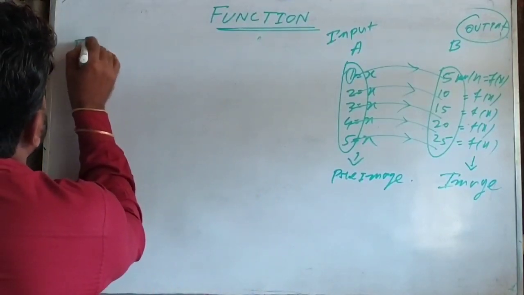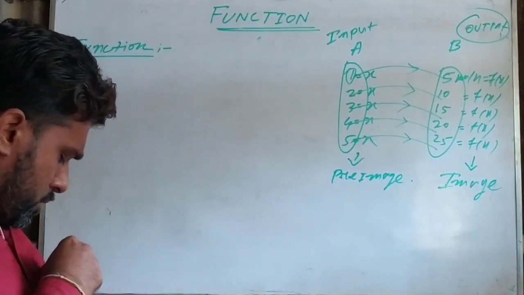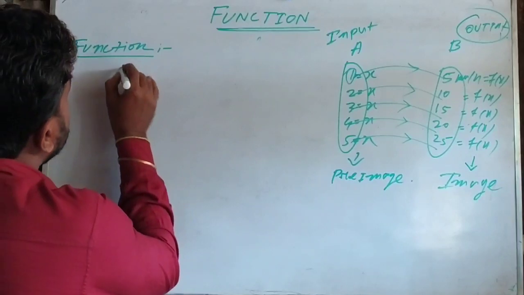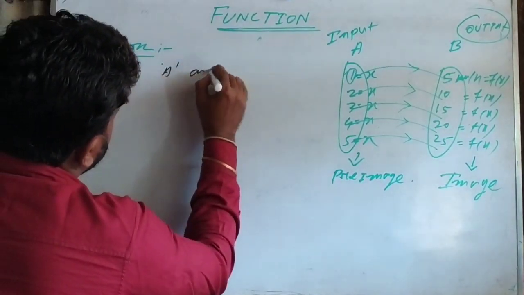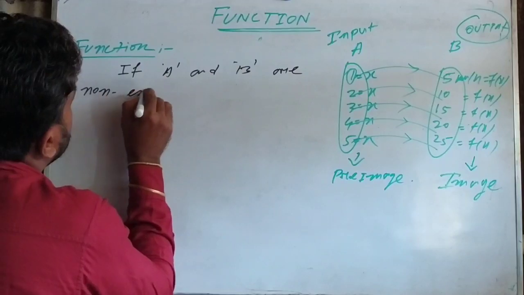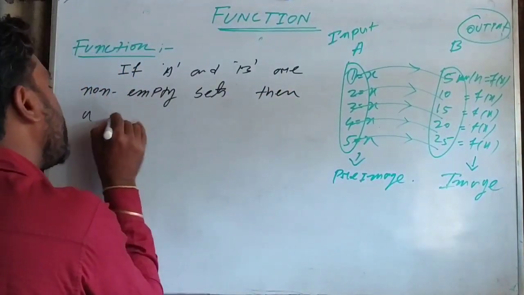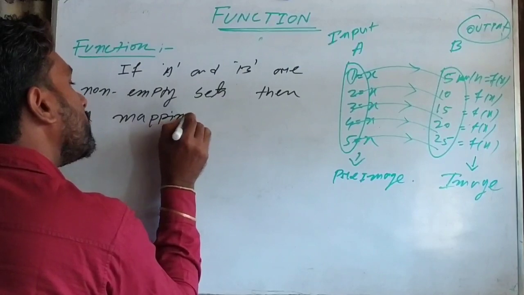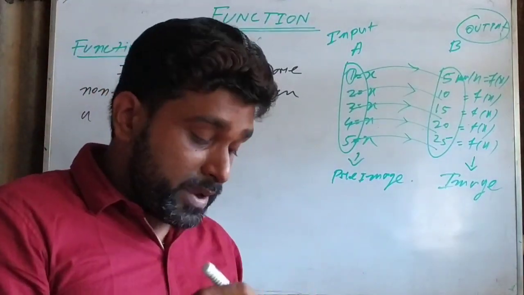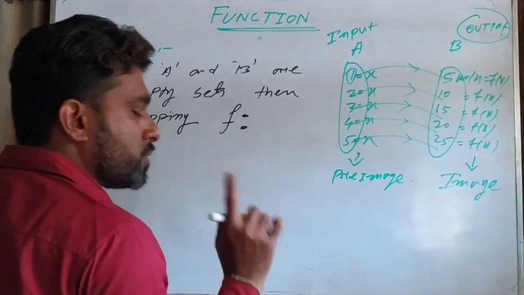यहाँ पर क्या होता है, फर्स्ट डेफिनेशन क्या होता है, पहले जान लेते हैं कि फंक्शन क्या होता है। फंक्शन, ओके, फंक्शन क्या होता है वो हम लोग लिख लेते हैं। ओके, फंक्शन। नाउ अब दो सेट तो चाहिए। If A and B are non-empty sets, then a mapping f, मैपिंग का नाम हम लोगों ने f दिया है क्योंकि ये फंक्शन चलता है, और रिलेशन में मैपिंग का नाम क्या है, r होता है।